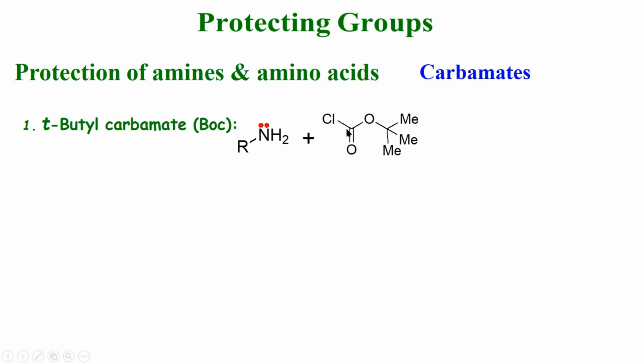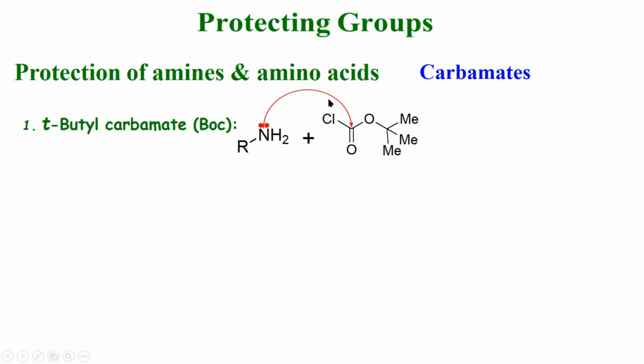The carbonyl carbon is an electron deficient carbon, as it is flanked between two electron withdrawing groups, chlorine and oxygen. It is sufficiently positive to receive electrons, and the nitrogen lone pair is sufficiently nucleophilic to share those electrons,